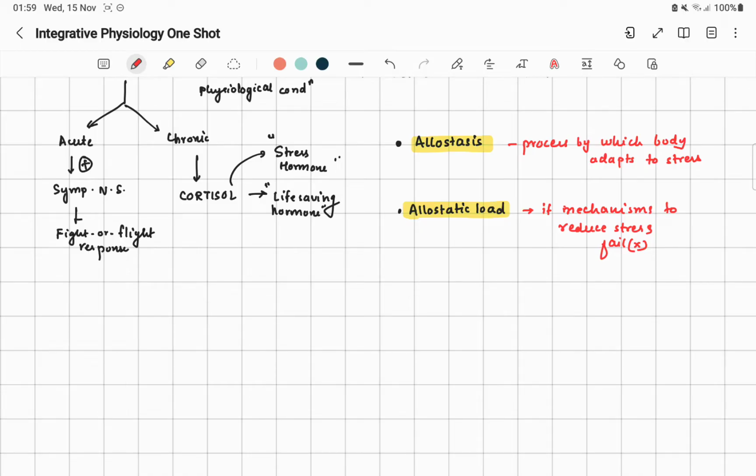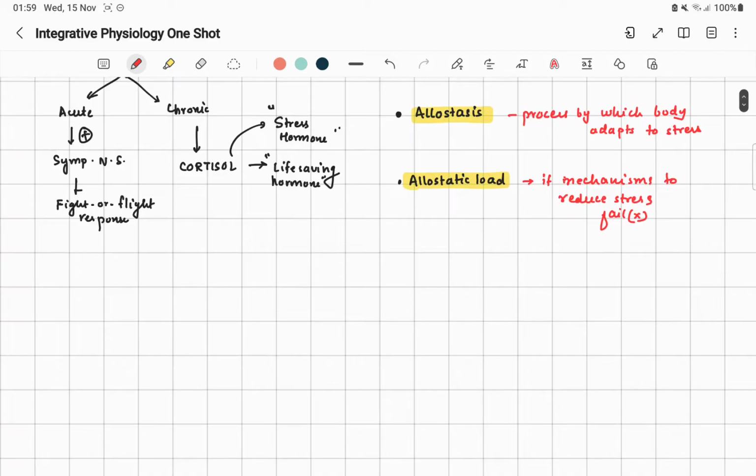Chronic allostatic load will cause alteration in the HPA axis, the hypothalamo-pituitary axis, and it leads to diseases. So stress will predispose a person